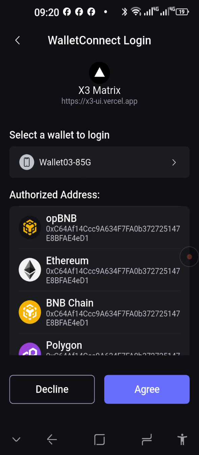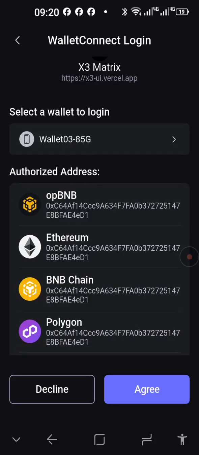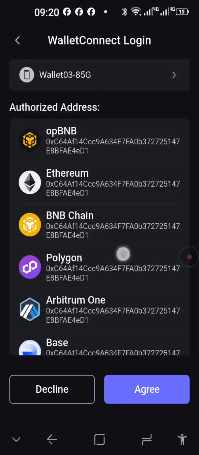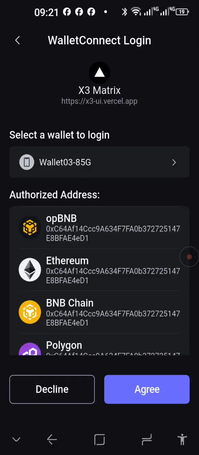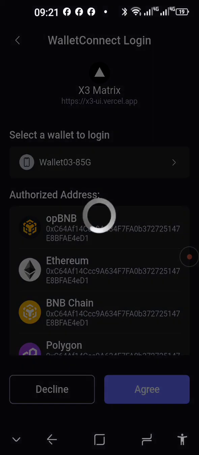You can see here, you can select the wallet to change the wallet. This is wallet number 3. It's a new wallet. These networks are EVM compatible, Ethereum Virtual Machine, but you can just agree here.